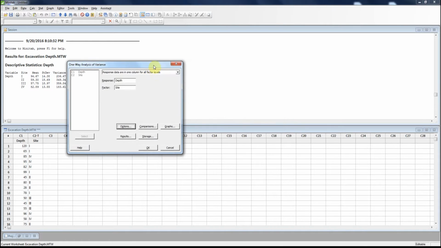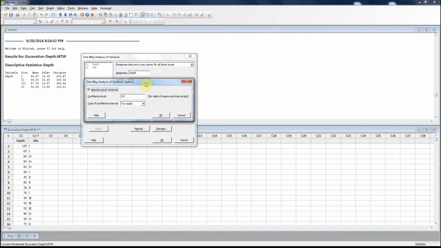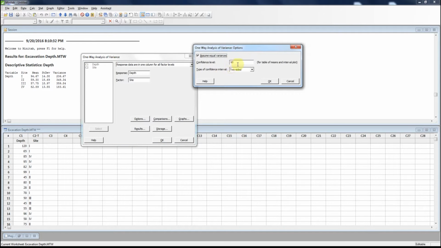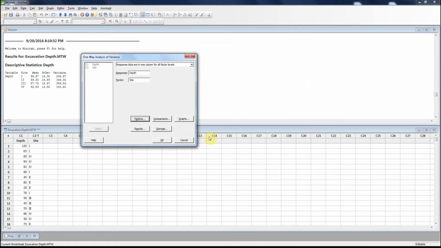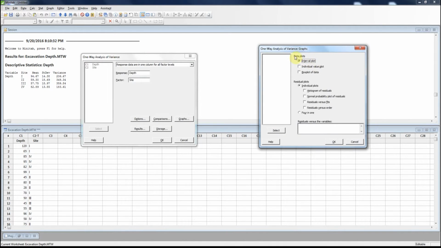Now, as you look at this, you might be like, ooh, there's lots of buttons to push here. Let's see which ones I want. I'm going to go into Options. I'm going to leave this at a 95% level of confidence. You can change this if you want to do a different significance level, like 99% or 98% or 90%. 95 is pretty standard. The reason I'm going to do that is I'm also going to produce some graphs that use a confidence interval for each of these. So I have checked Interval Plot because I like to look at the interval plot when I compare my different levels or factors or groupings to see if it appears like maybe one of them is different from the other, to kind of judge my